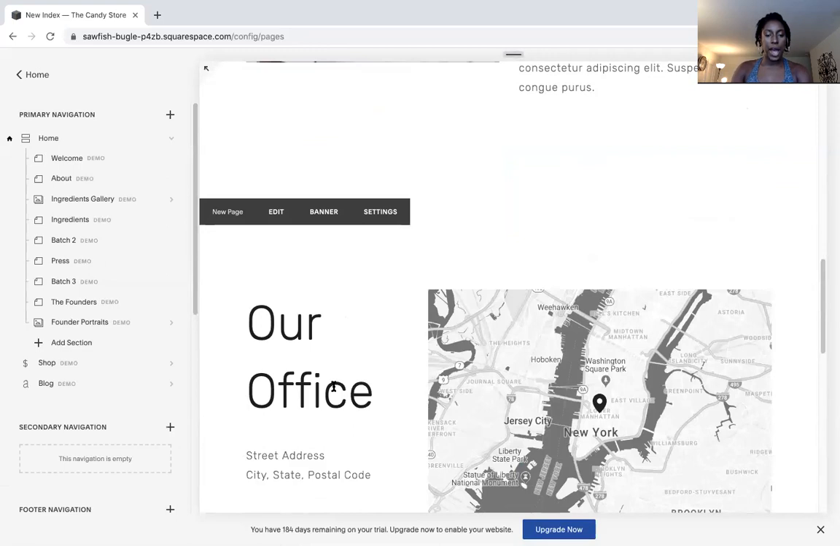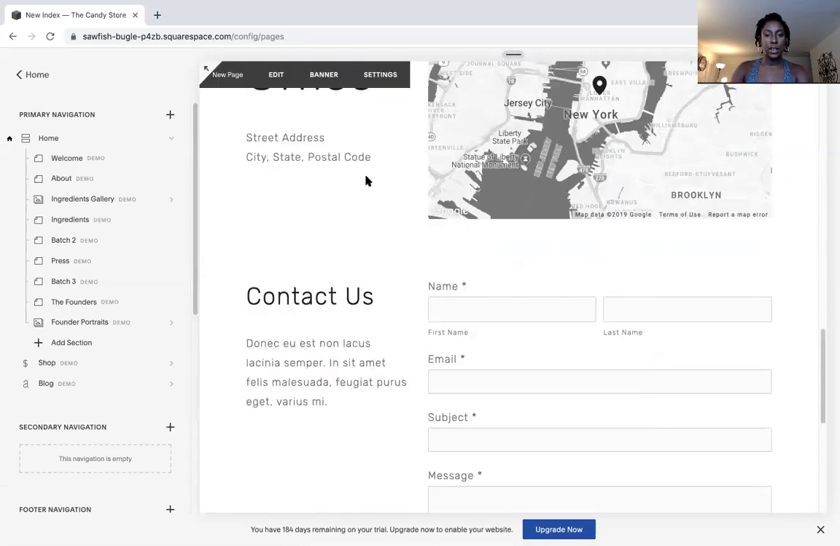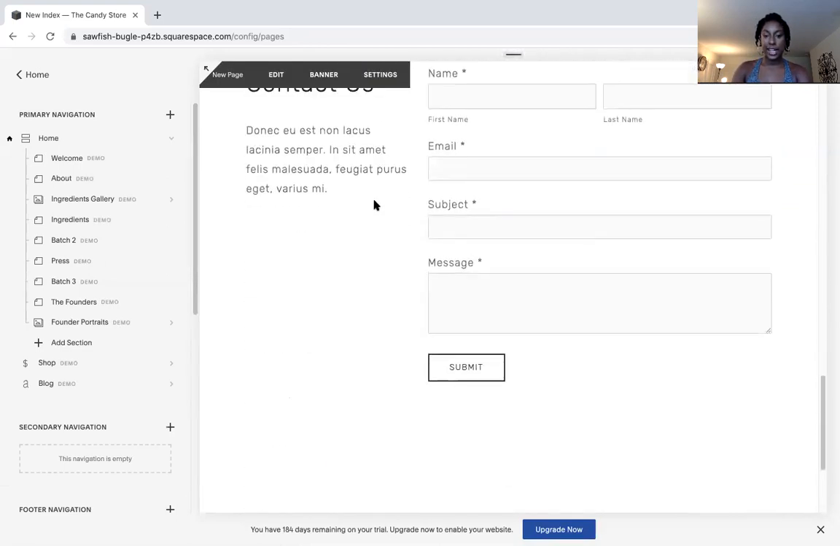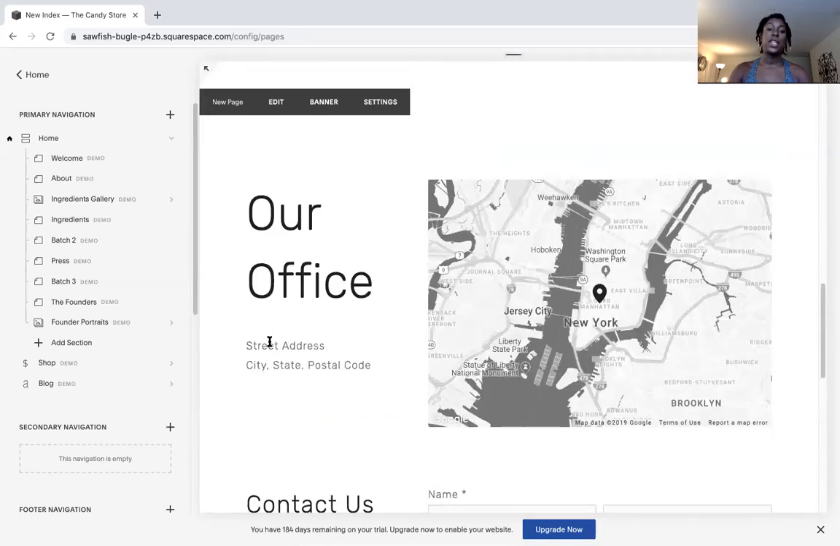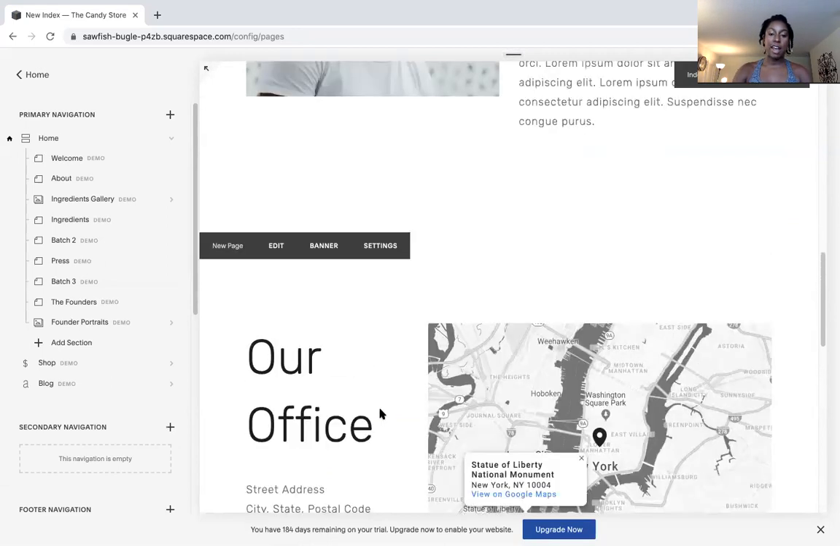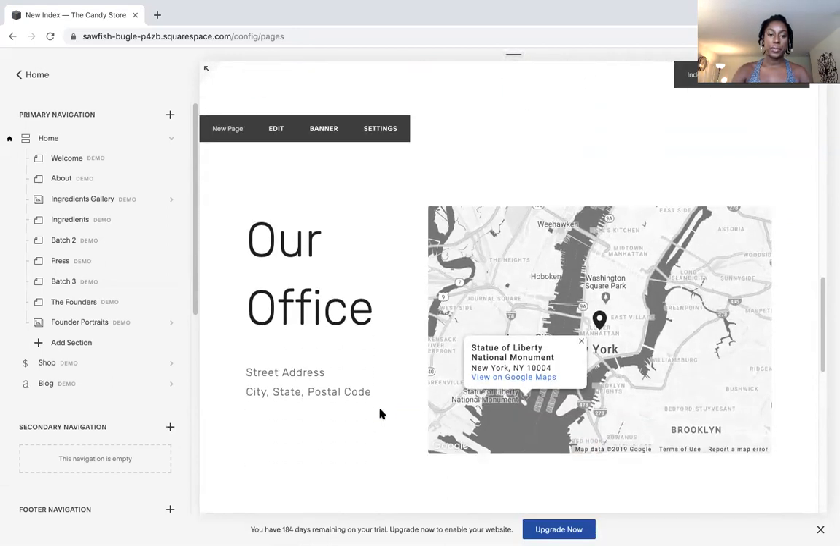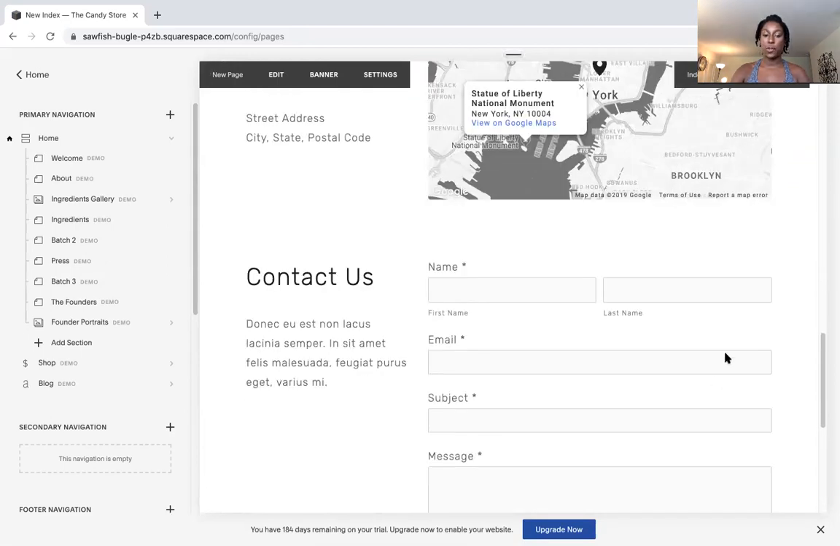So our office, then it has contact us, the contact us page. So that's amazing. So this, you put the location or address of the candy store, and then it'll automatically show up on this map. So that's amazing. And then after that, you have the contact us form. This is really nice, because then